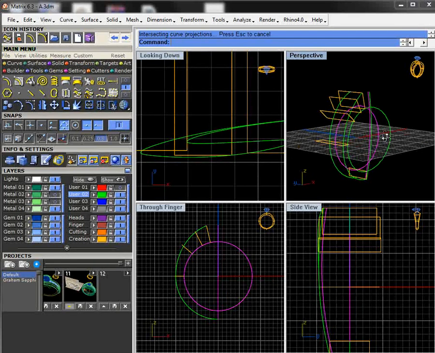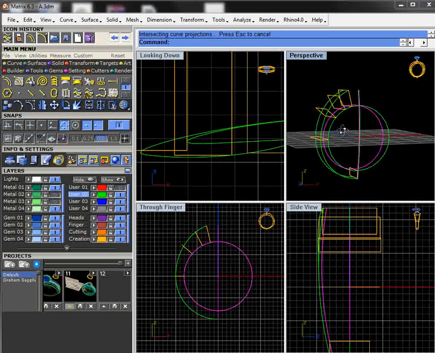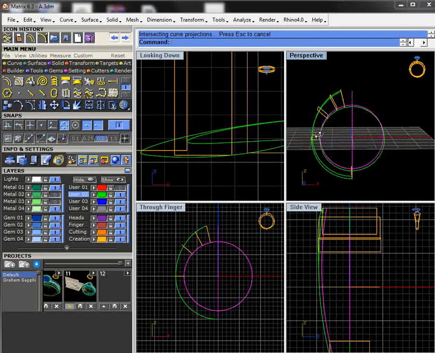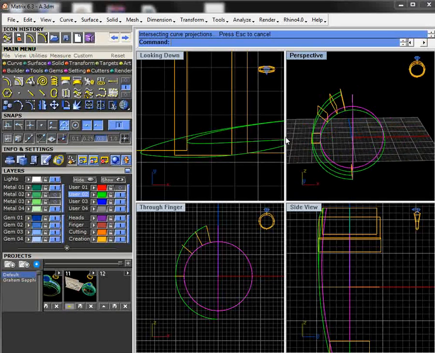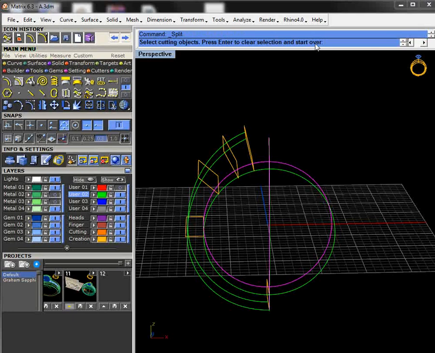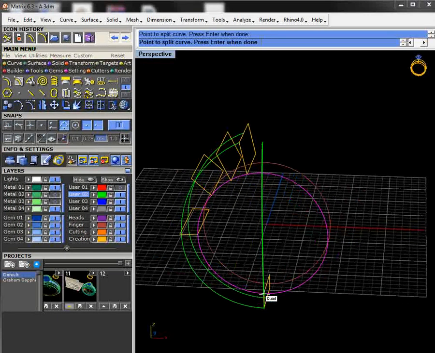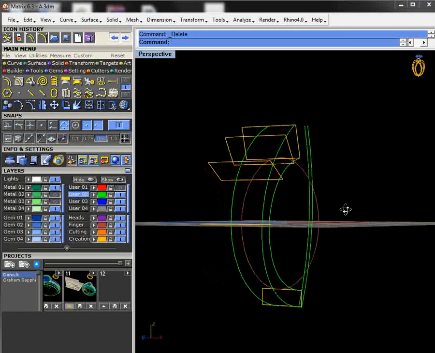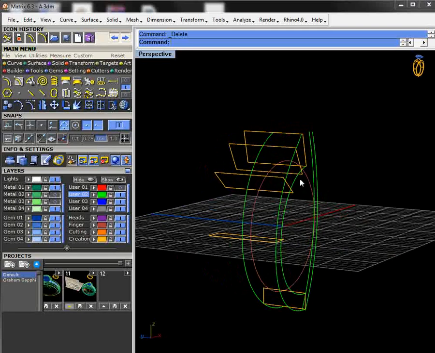Now that one's going to go all the way around. So what we want to do is split it with a point here and here, and delete that. So now we have another curve, and again we could pull this one out